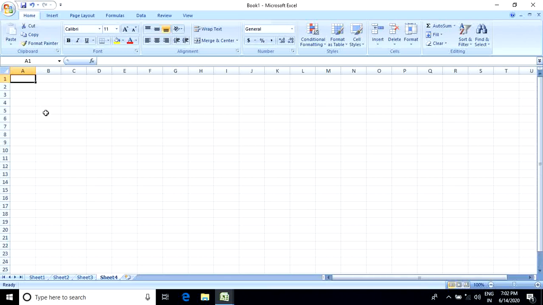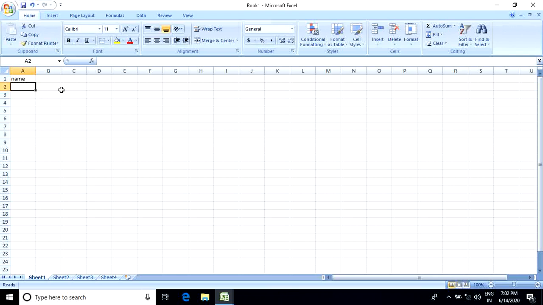Now start by clicking on sheet 1. How can we insert a value into Microsoft Excel? Just select the cell, type a name and press enter. You can insert a value in that way.